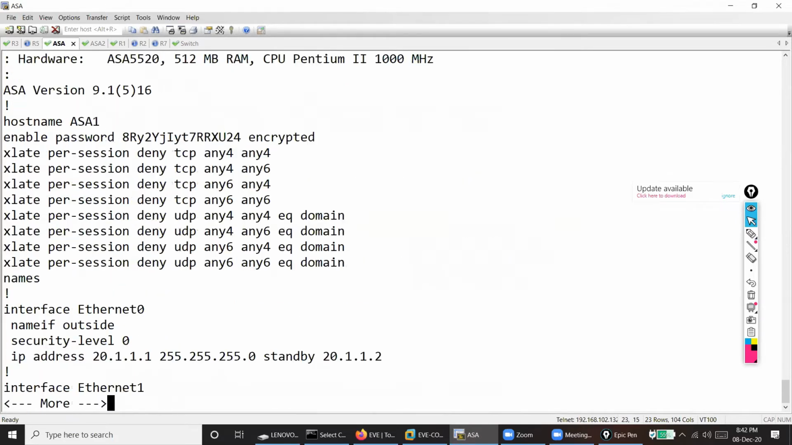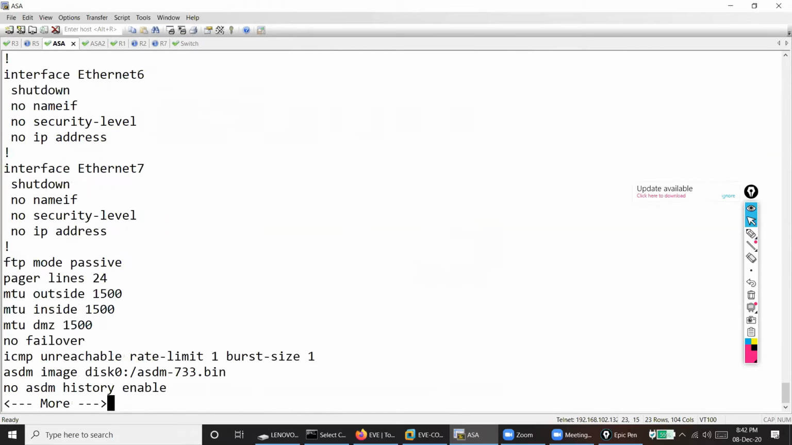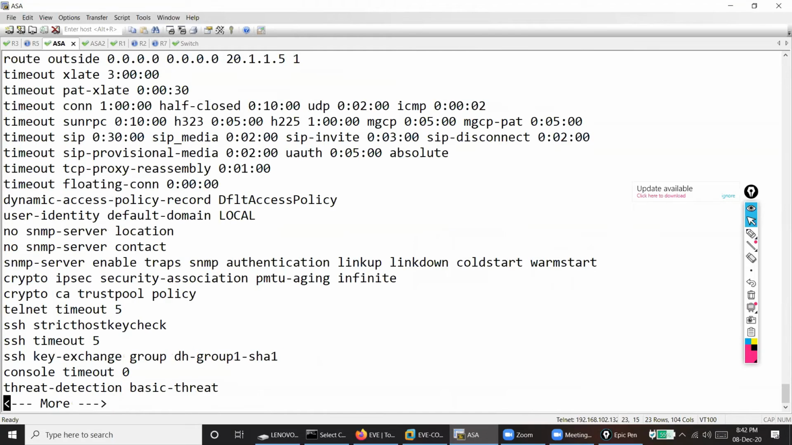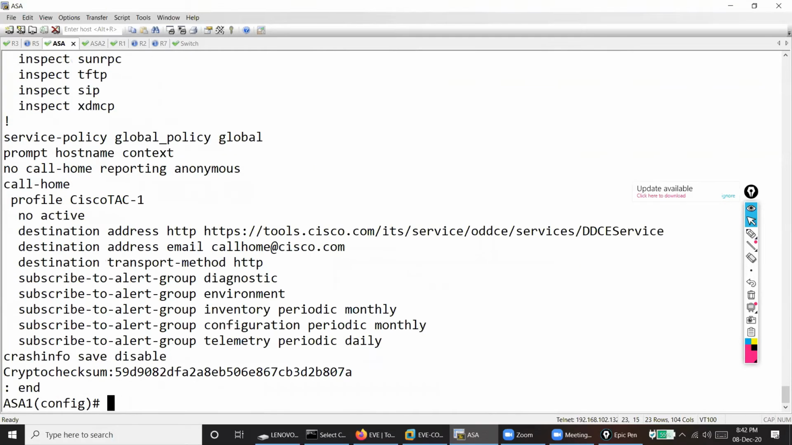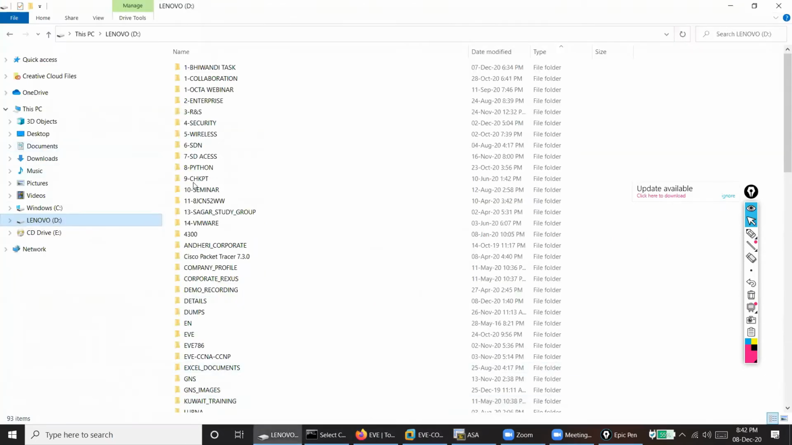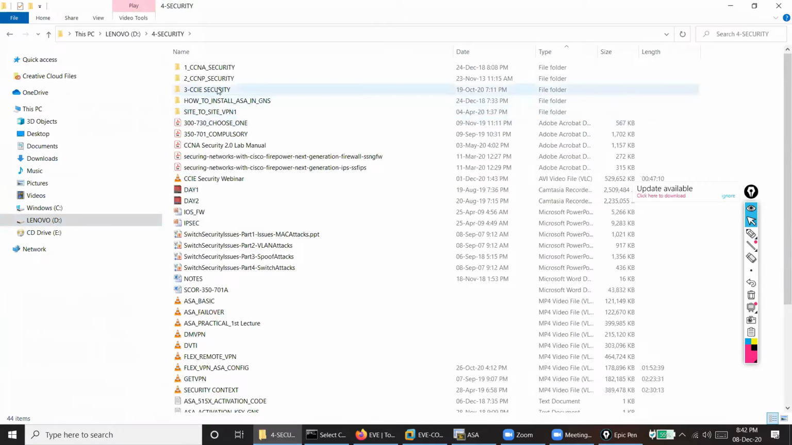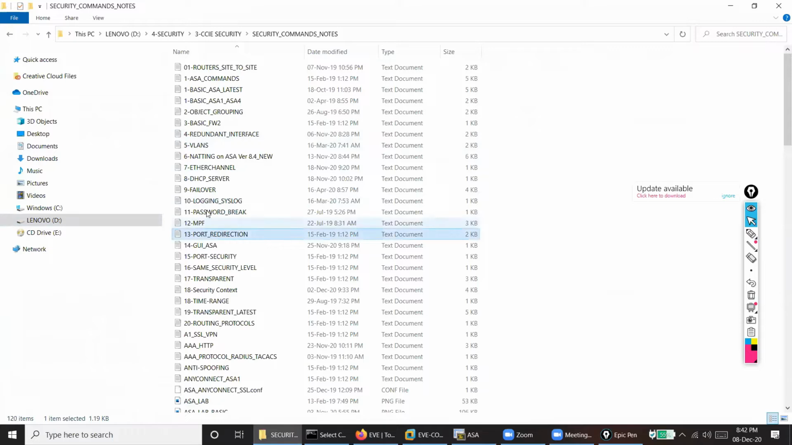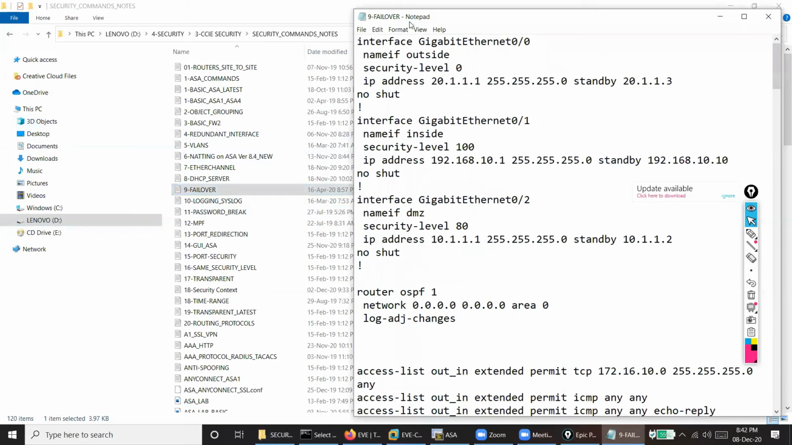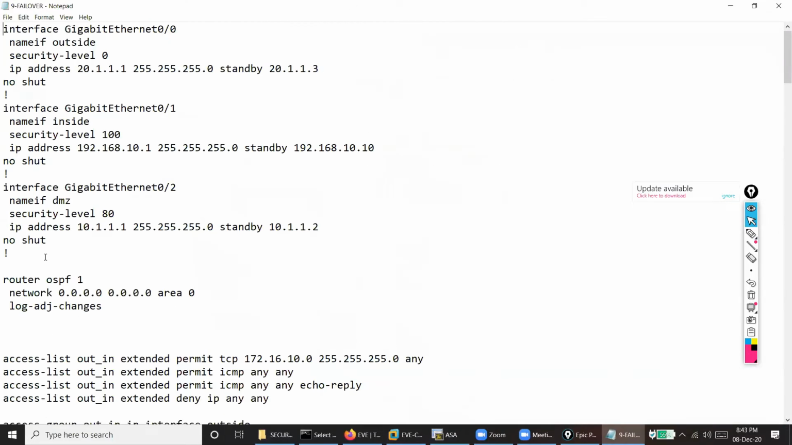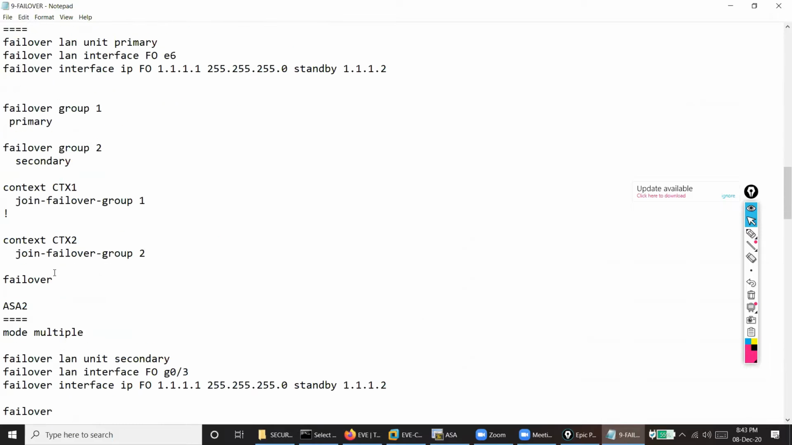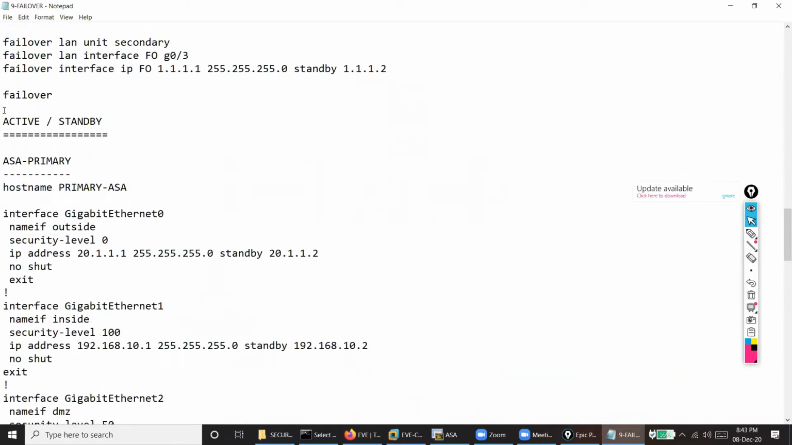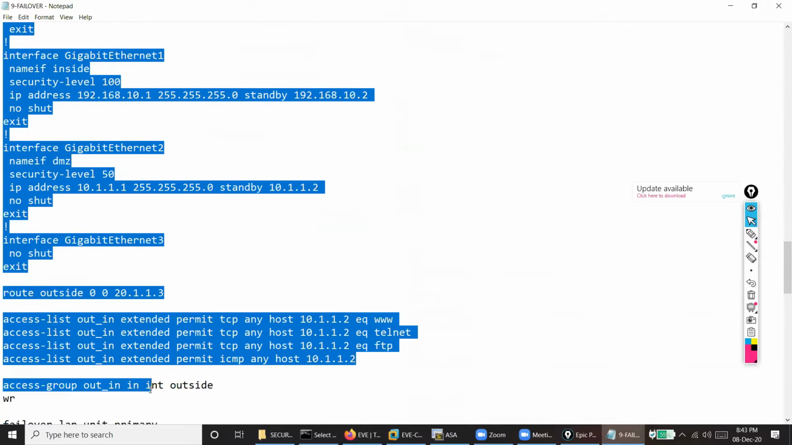So what I did, I just configured the interfaces and basic routing. Now I need to do failover configuration, and the failover configuration is simple. It's not that big a task. In the active standby, how to configure failover: